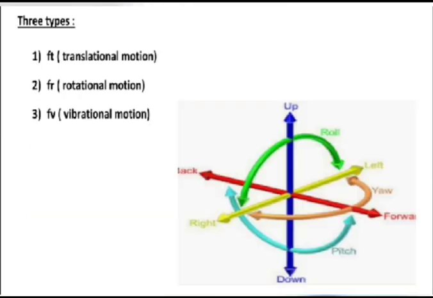With reference to the freedom of movement of a rigid body in three-dimensional space, the body is free to move, specifically, as shown in the image, in forward-backward form, upward-downward form, and left to right. That means it can take place in terms of translational motion across the three perpendicular axes. It can also combine with rotational motion about these three perpendicular axes, and this rotation is often termed as pitch, yaw,